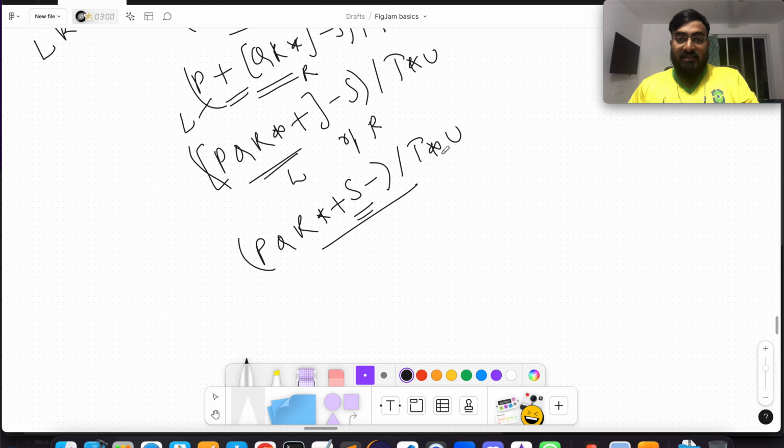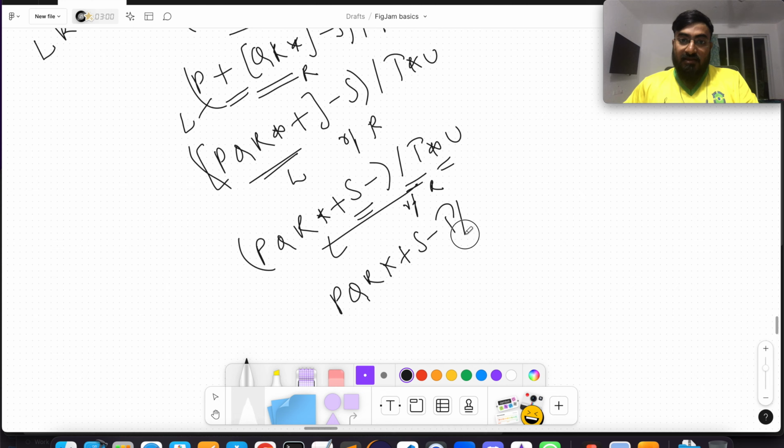Then we have slash T into U. Now what will happen first is slash and then into, because slash and into, slash and asterisk, both have the same precedence, again left to right. So this will happen first. This is going to be L, slash is going to be OP, and T is going to be R. So you do L OP R, you do P Q R into plus S minus T slash